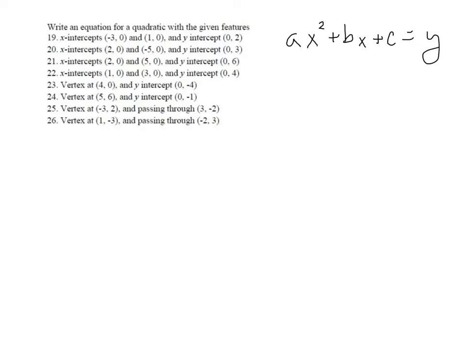So they're asking us to find a quadratic equation that has x-intercepts, passes through some points, and has some given features. When we're all done, we know we're going to have a quadratic equation in this form. Okay, so the trick is to find out what A, B, and C are. So they're telling us that